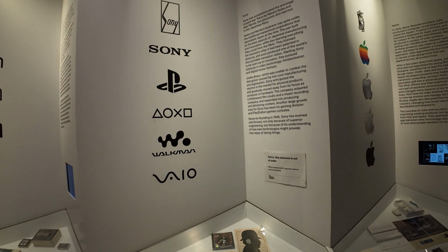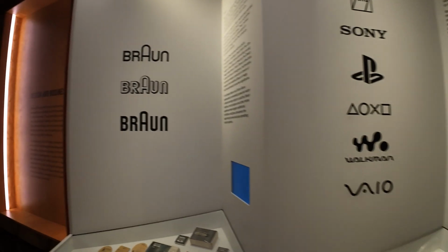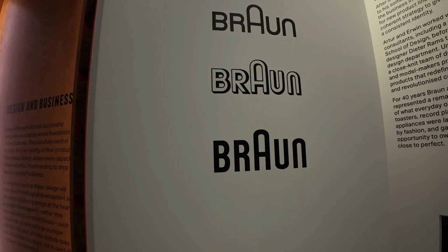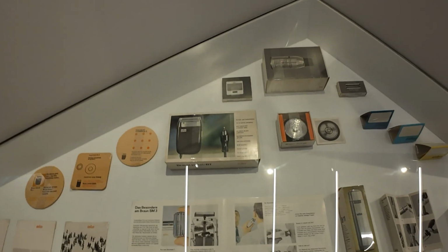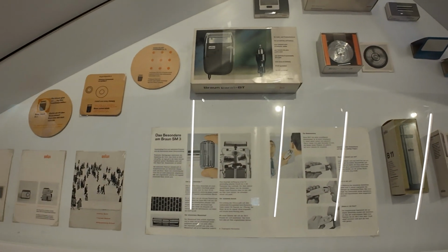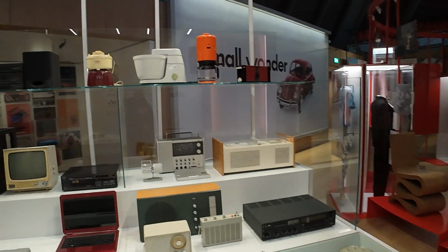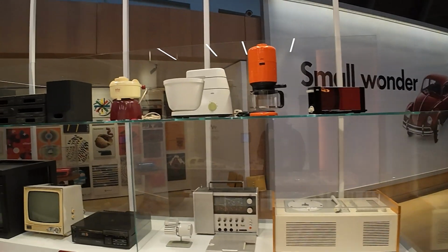Anyway, there you go. So you've got Sony, the Walkman. There you go. Braun changing its different branding, and then you've got shavers down here as well. So all different designs of all different types of things. So I suppose you could actually have anything here. Right, let's reminisce now. Right, we've got cooking appliances at the top,